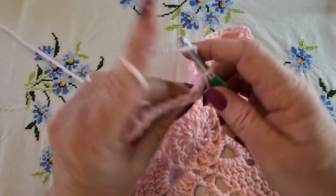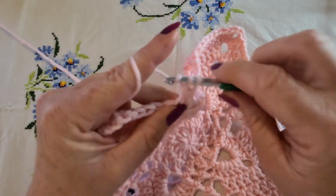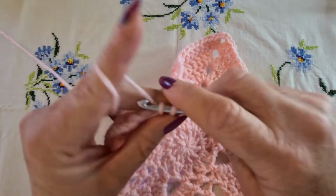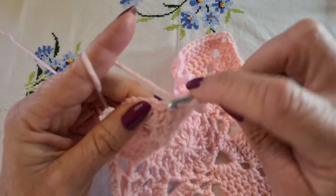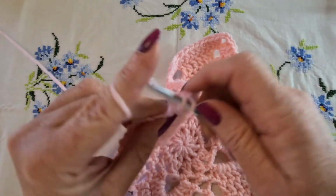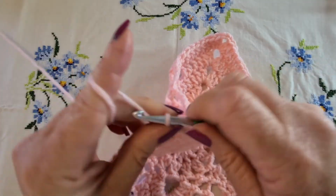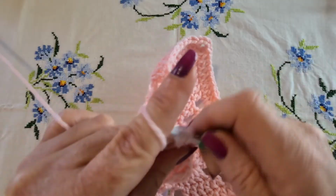And double crochet in the next 7 stitches. So straight into the next stitch, 1, 2, 3, 4, 5, 6, and 7. Make our corner, 2 double crochet, a chain 3 and 2 more double crochet,